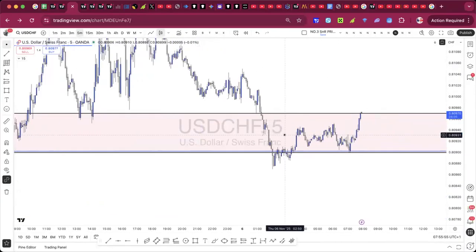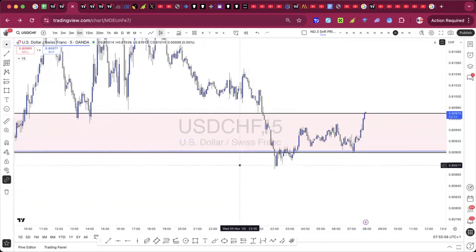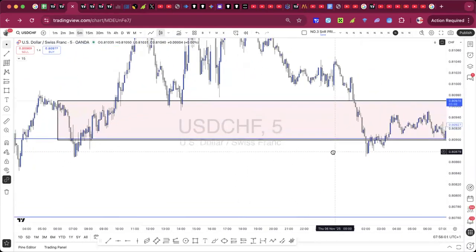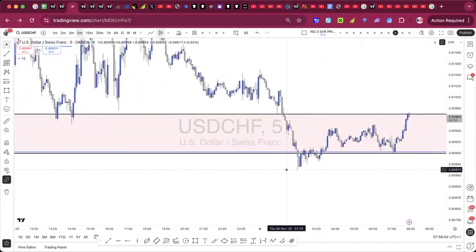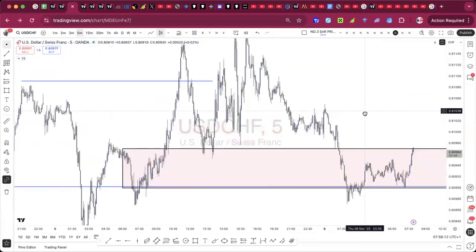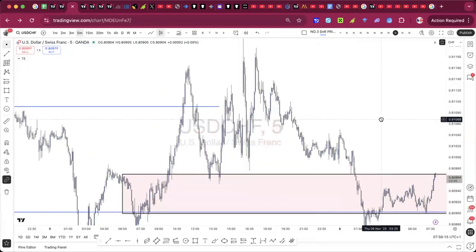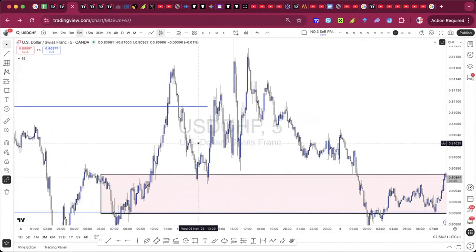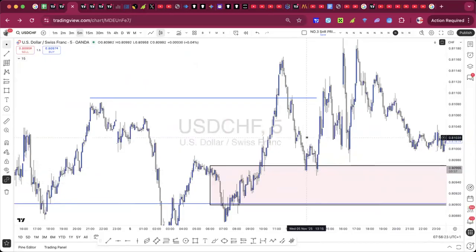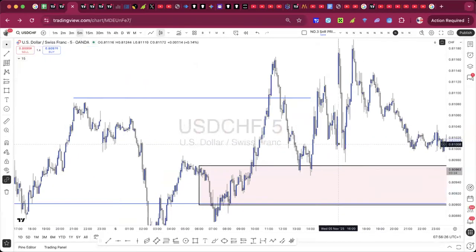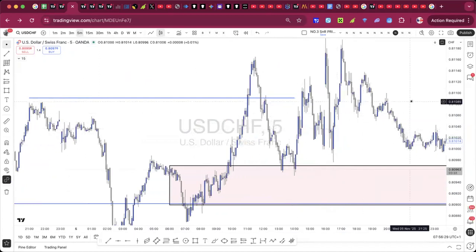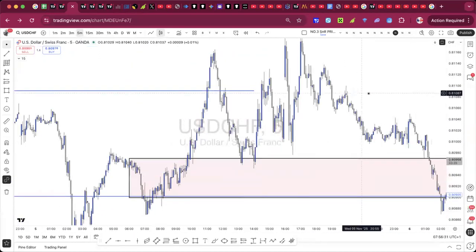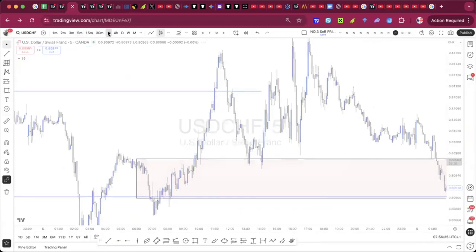So if you look at it now, although this line broke down below, which is not going to make too much sense for me and you, look at what really happened here. You have this, and then this. Once you come to currency, I don't pay too much attention to so much of this, because you will have said this is a double top, and you will enter, then you'll be making small money. The market comes back again, so that can be very dilly-dallying. So 1 hour should be your lowest time frame of entry